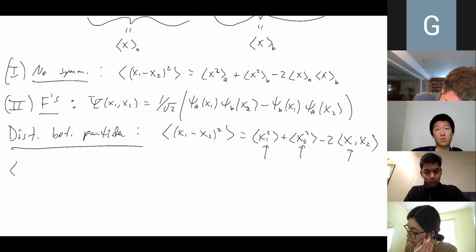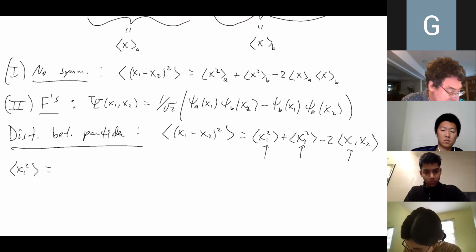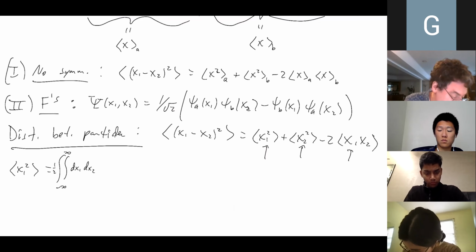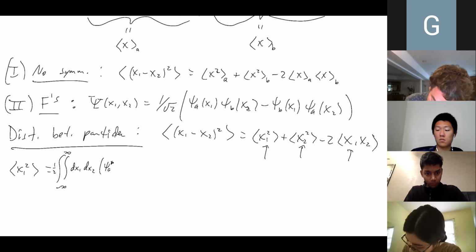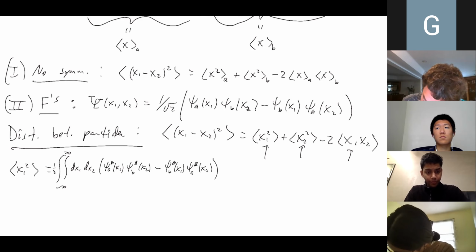And so we see then that the expectation value of x1 squared, the position of particle 1, is going to be, I've got to set up that integral. There's going to be 1/2 out in front, and I'm going to do 2 integrals from minus infinity to infinity over the positions of particle 1 and particle 2. Then I'm going to have the wave function star, so that's psi a star of x1 psi b star of x2 minus psi b star of x1 psi a star of x2, then the operator x1 squared, and now the same wave function without the star, psi a of x1 psi b